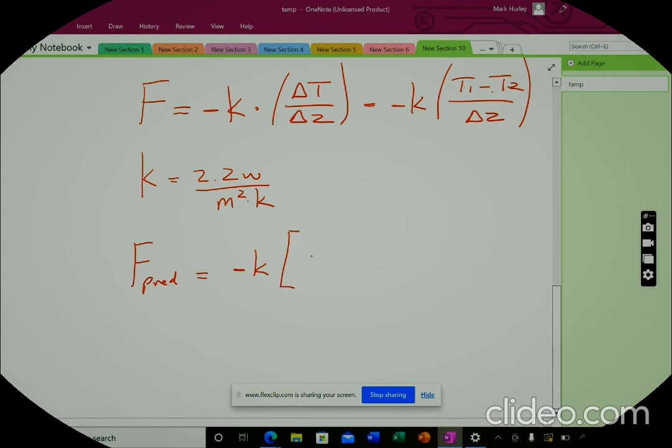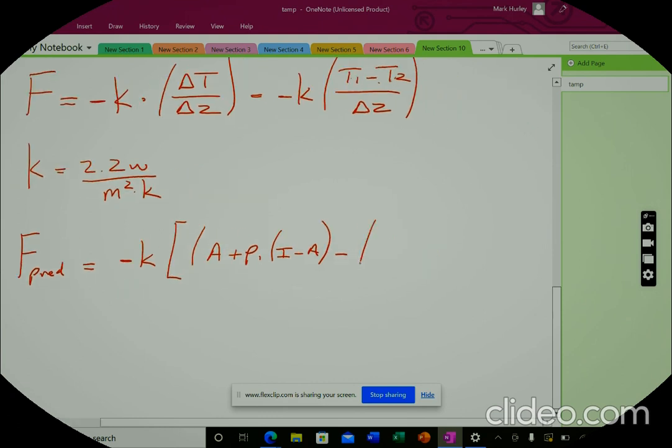In closing brackets, we're going to have T1, which is just equal to A plus P1 times I minus A, minus, because we're taking the difference, A plus P2 I minus A, all in closing brackets. And notice that this, using the distribution property, gets transferred over, but the ambient, we know A minus A is 0,